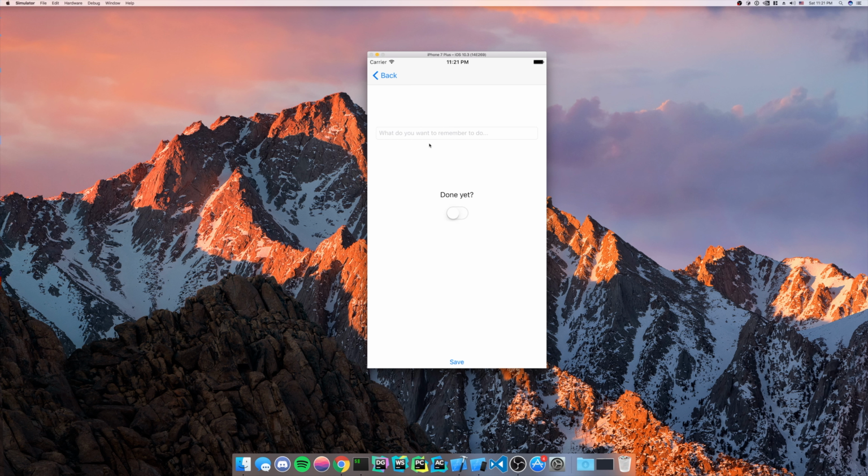We can add a new one. So let's say edit video. It's not done at all. And let's say that we wanted to delete our done application. We swipe it to the left and click delete. Done. So as you can see, it's a very simple application, but there's a lot of meat